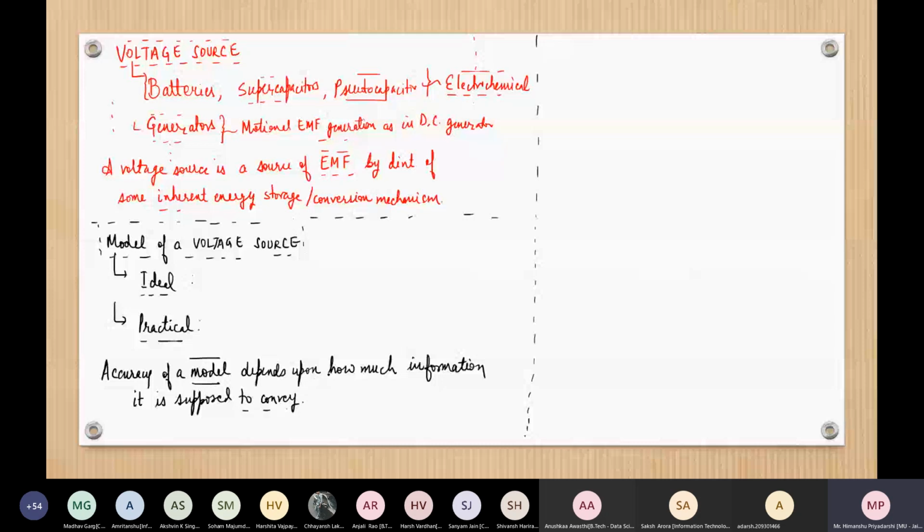Models for batteries can be very complicated. Not complicated because you want more information, but you have to address all the phenomena which you want to address. For our purpose, we will just talk about its ideal version and its practical version. So ideally,